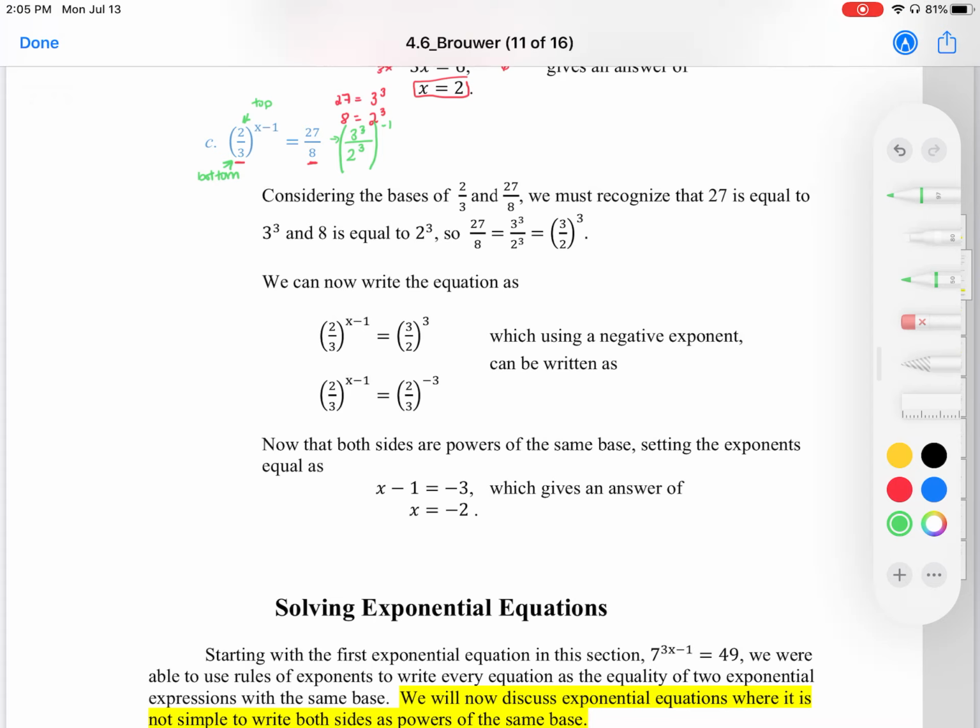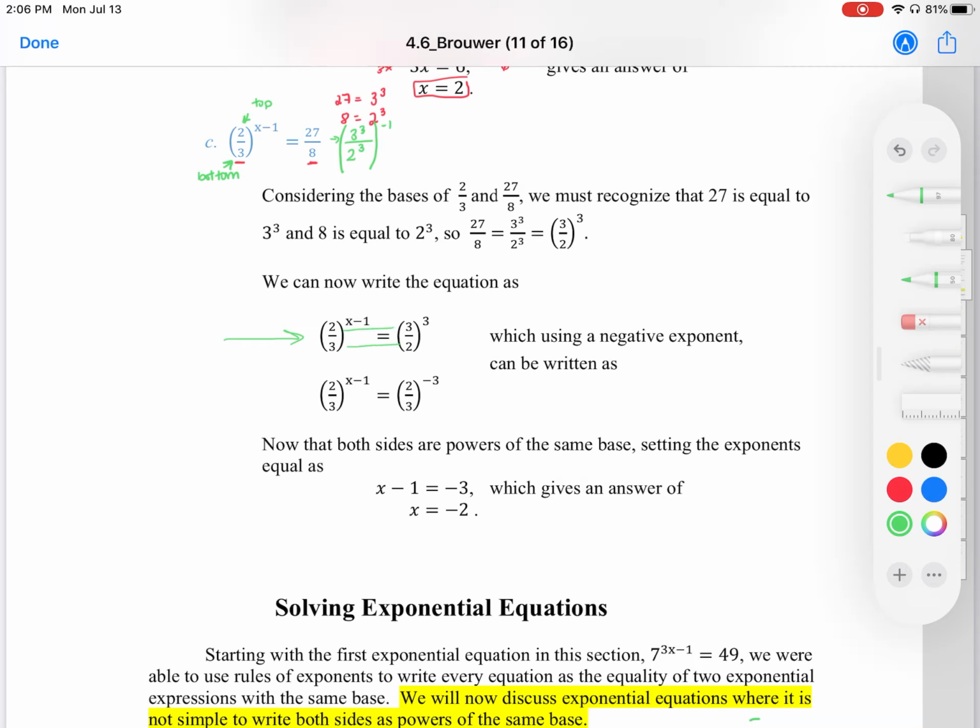All right, moving forward, let's go ahead and read what we discovered. Discovering the basis of 2 and 3 and 27 and 8, we must recognize that 27 is equal to 3 cubed and 8 is equal to 2 cubed. So we can write it as 3 over 2 cubed. We can now rewrite the equation as, so we're here,